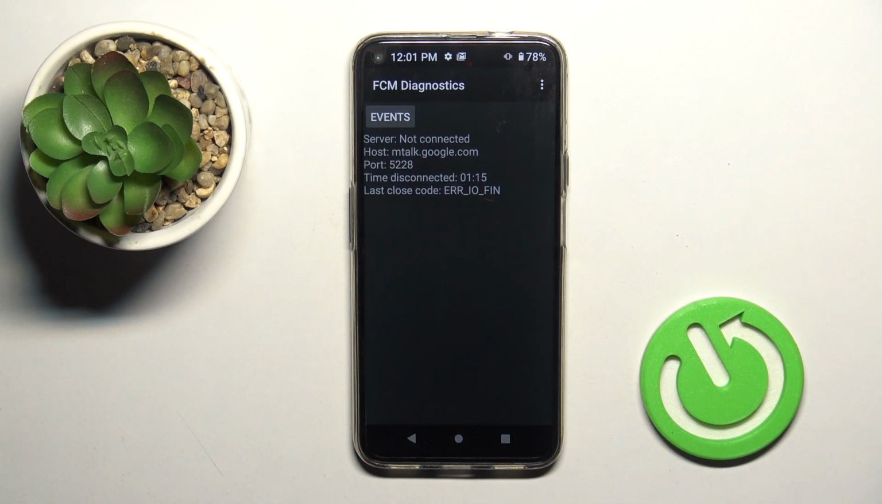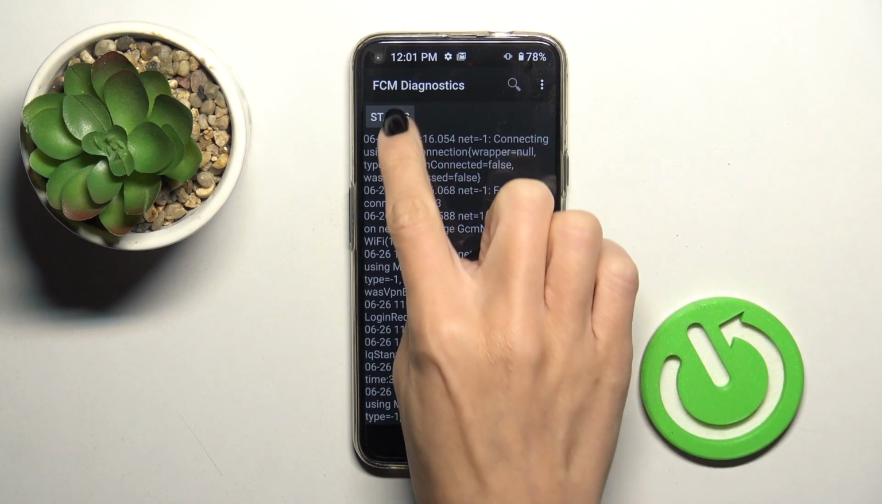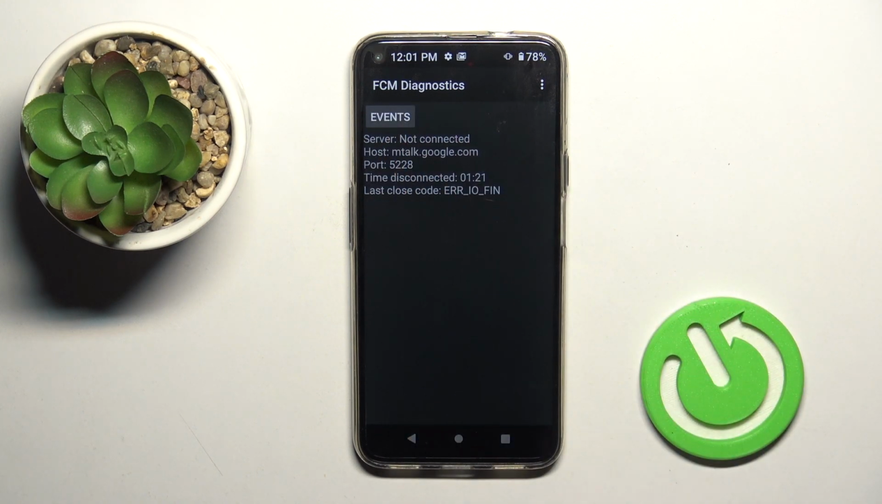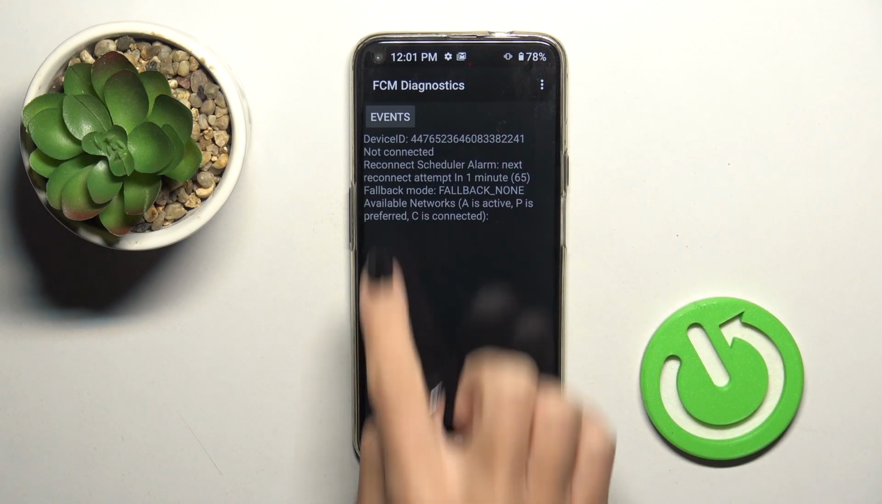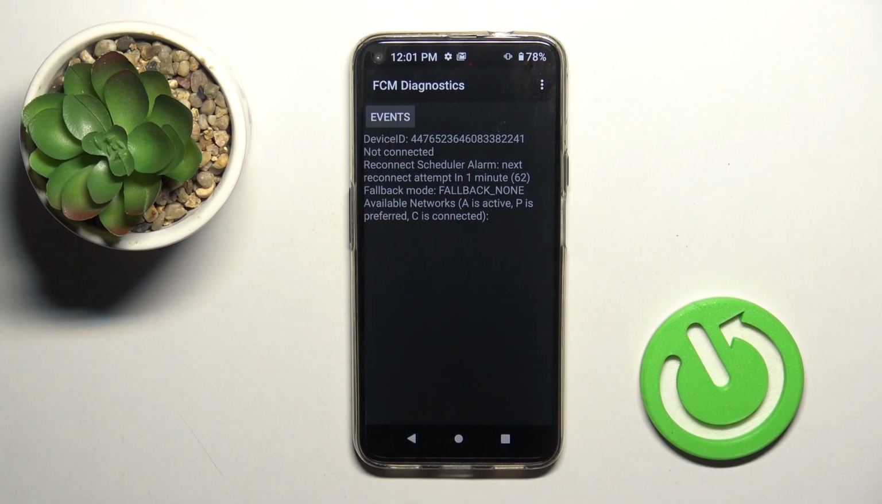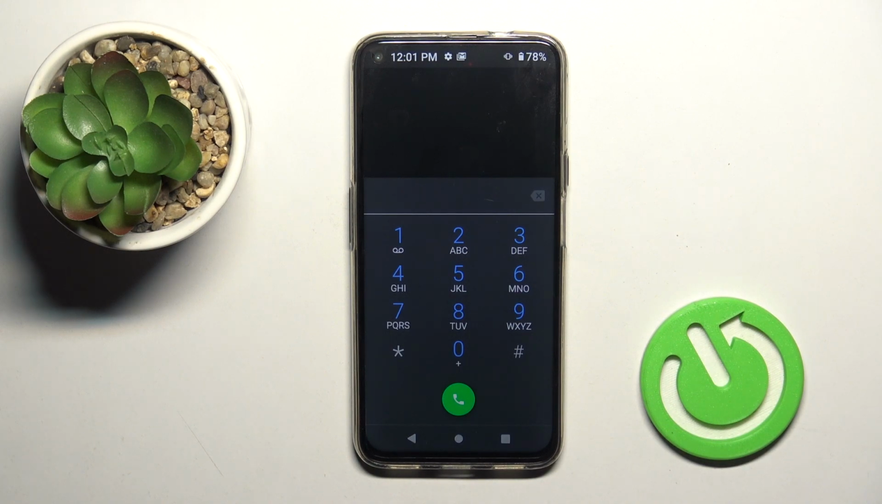###. And here we've got FCM diagnostic mode. In this panel you can check events and status, and if you want to explore it a bit more, tap on more icon and mark advanced view. And that's it. Here you've got way more data. Let me go back. Another code that you can use is